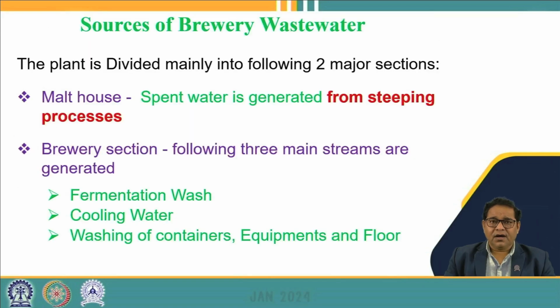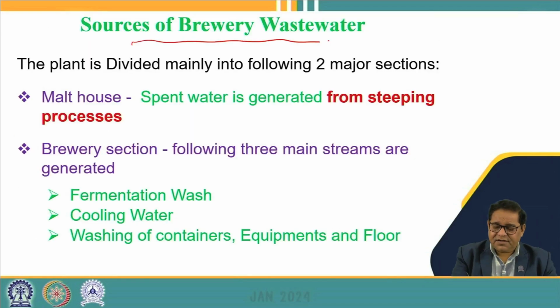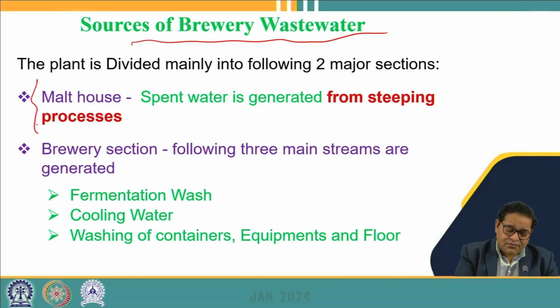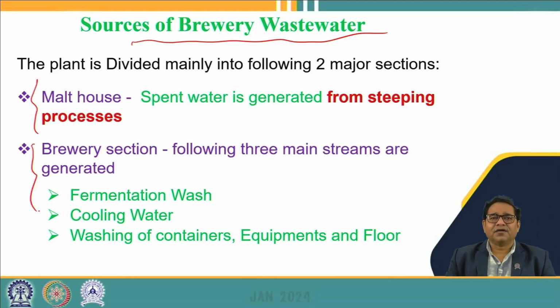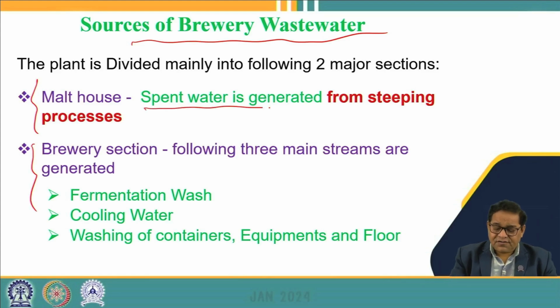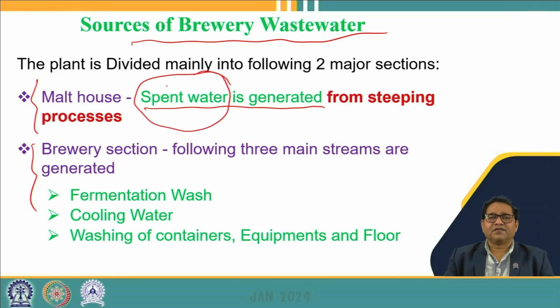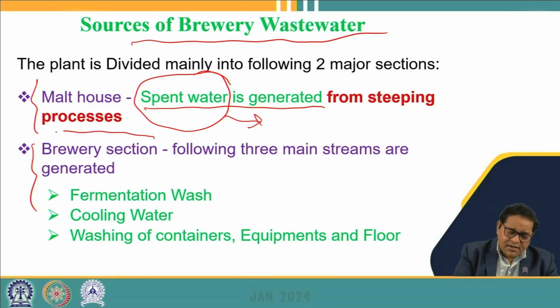So on an average, if we see the major streams that are generated, as I said, there are two sections, that is the malt house and the brewery sections. The malt house generates spent water after the steeping operations. That spent water is generated as a wastewater which may contain a lot of starch, a lot of organic and inorganic impurities. So that is one stream generated from the malt house, and there are many streams